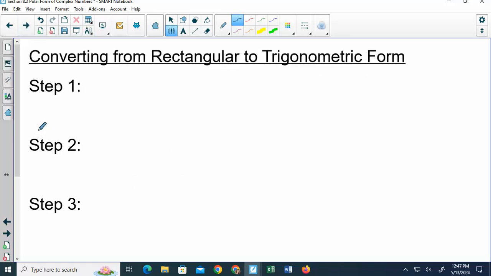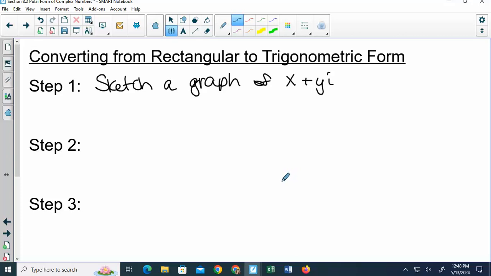So, it's a little bit harder if we're going the other way. If we have our typical standard form a plus bi, and I need to write it in polar form, that means we have to have an angle, and we have to do our trig functions. So the first thing we are going to do is sketch a graph of the x plus yi. So graph the imaginary number. Then we will find r,